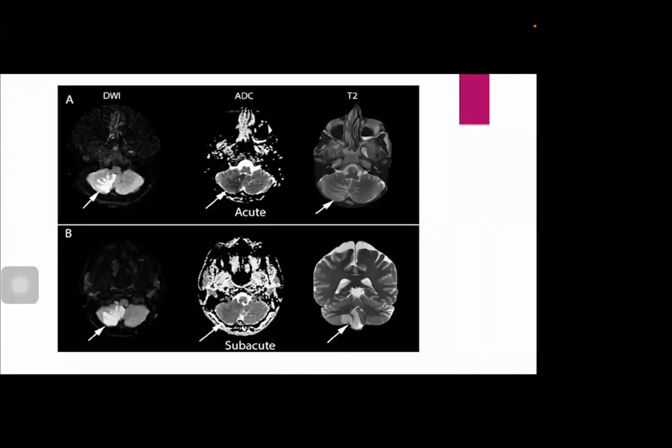Here is the difference between T2, DWI and ADC in the case of the acute and subacute infarction. In the case of the acute, you see the T2 abnormality is relatively subtle, a mild increase of the signal intensity, while in the subacute, it clearly shows the high signal intensity. In both of them, DWI